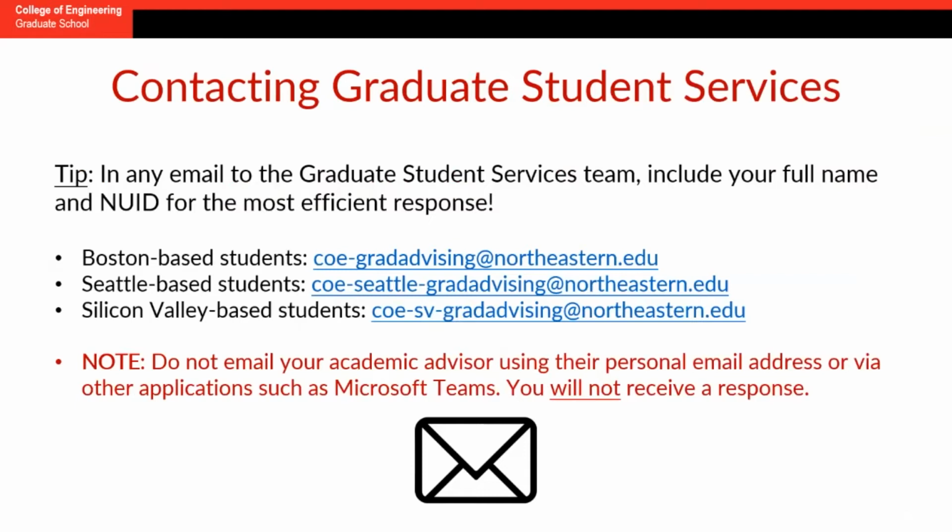In any question to the Graduate Student Services team, please be sure to include your full name and NUID for the most efficient response. Boston-based students can contact their advisor by emailing coe-gradadvising@northeastern.edu. Seattle-based students, you can email your advisor at coe-seattle-gradadvising@northeastern.edu. And Silicon Valley-based students can email their advisor at